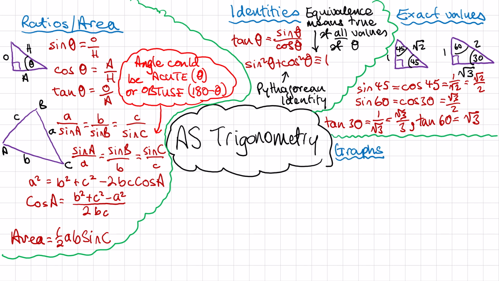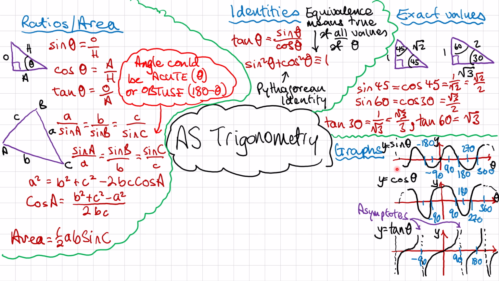Next up are the graphs of sine, cos and tan. So here we go, sine, cos and tan. These graphs carry on forever in both directions. I've just done parts of them. The graphs are periodic, which means that they repeat every 360 degrees, and something important happens every 90 degrees. The graph either crosses the axis, it has a peak, it has a trough, or in the case of tan, it has asymptotes, and these asymptotes occur every 180 degrees in both directions,